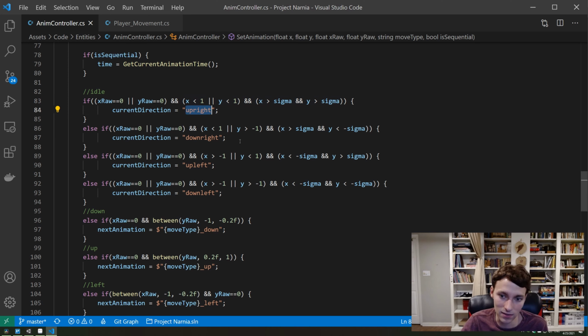If X is less than 1 and Y is greater than -1, and so on and so forth, if these values are in between 1 or -1 and this offset or this negative offset, then I can calculate if the player should be facing down right, up left, down left. It's really complicated. Maybe you're getting it perfectly, maybe you've just tuned out for this, but I think it's worth